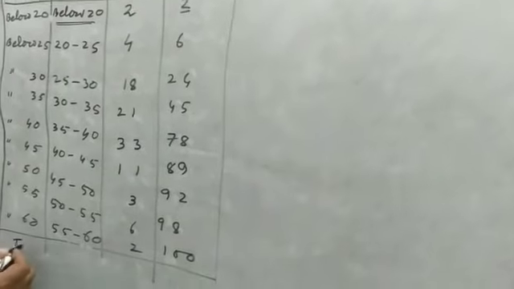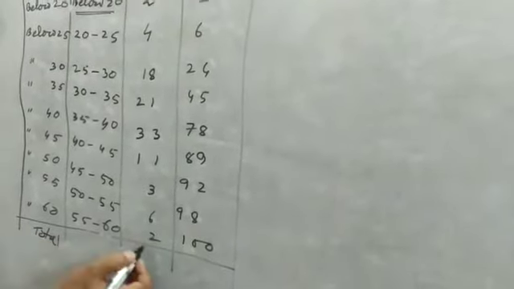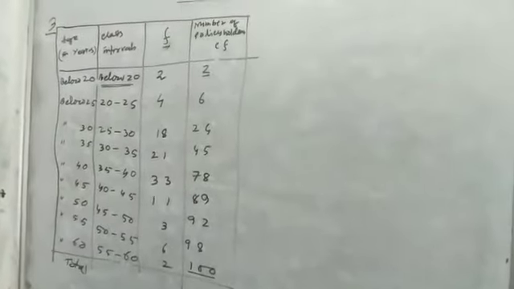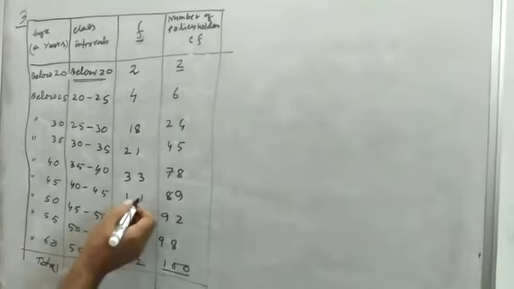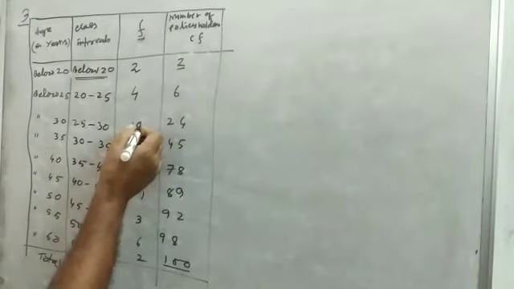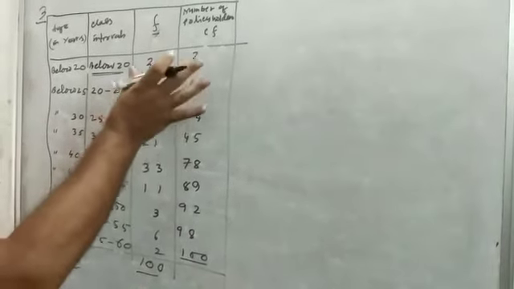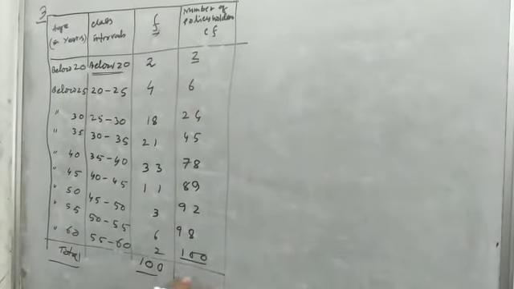Now the total of frequency should be 100. Here the last CF is 100, and this total should be 100. Now you see the total is 100. We got 100, means this is the correct table. So the table is complete now. I think you have understood how to make the table, and if we have the table then it is easy. Now we have to find the median, and that is a straight question. Is that clear? So now we will find the median.